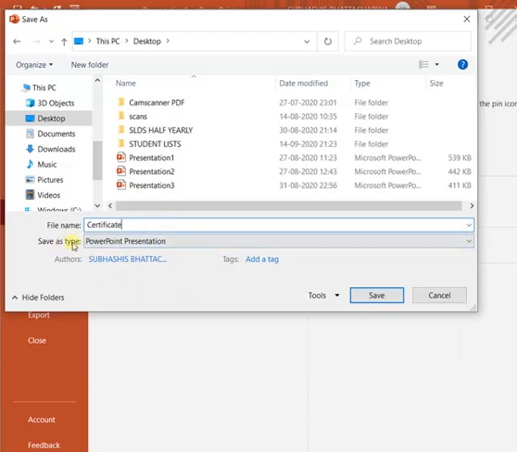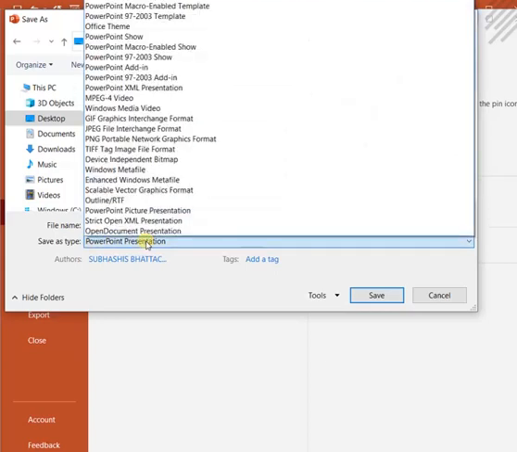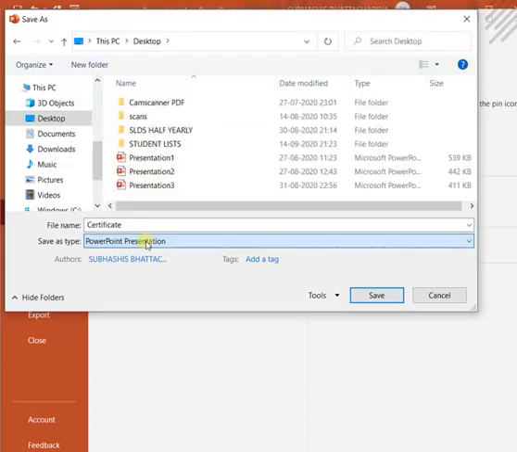Then save as type, as it is a PowerPoint presentation, it is already selected by default as PowerPoint presentation, and the extension of this PowerPoint presentation is .pptx.